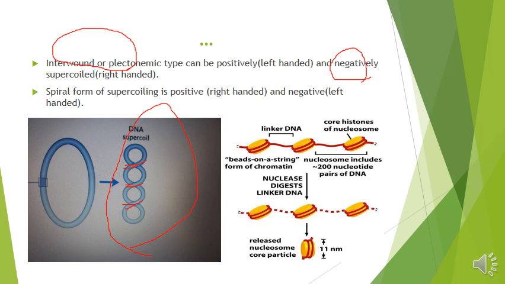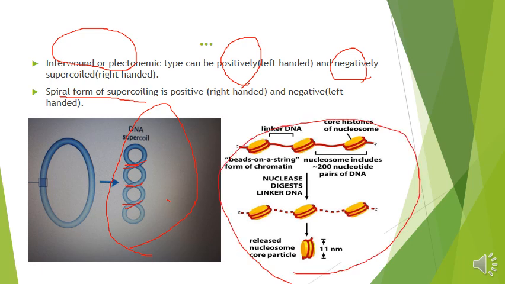supercoiling. But if this DNA is further coiled in a left-handed fashion, it will produce positive supercoiling. But in the spiral, or toroidal, form of supercoiling, it is the opposite of interwound. As you can see in this picture, this DNA is further coiled,